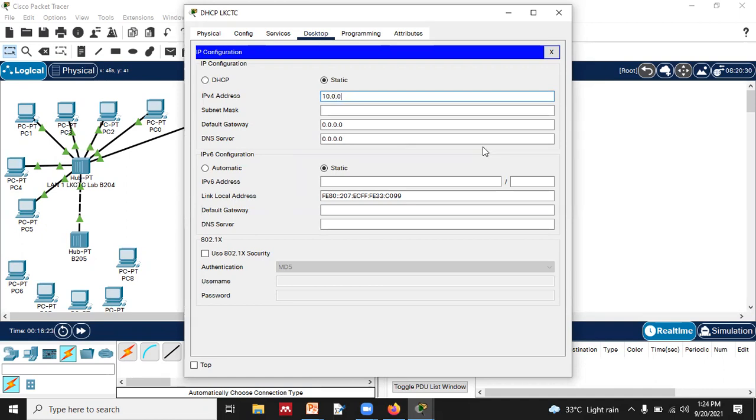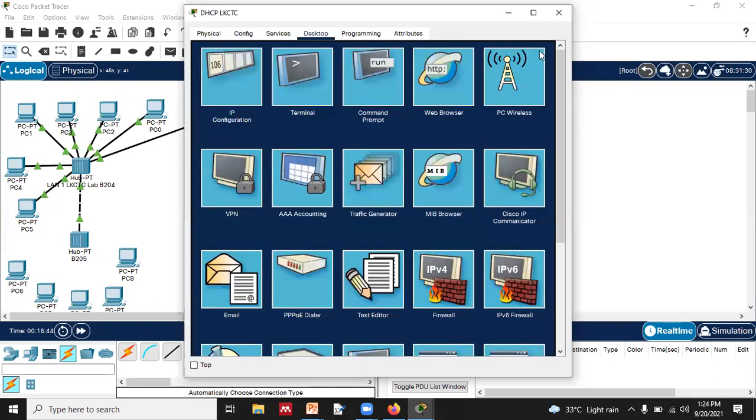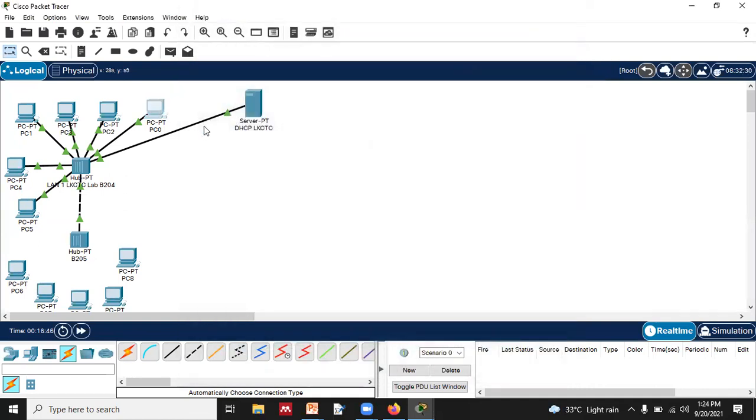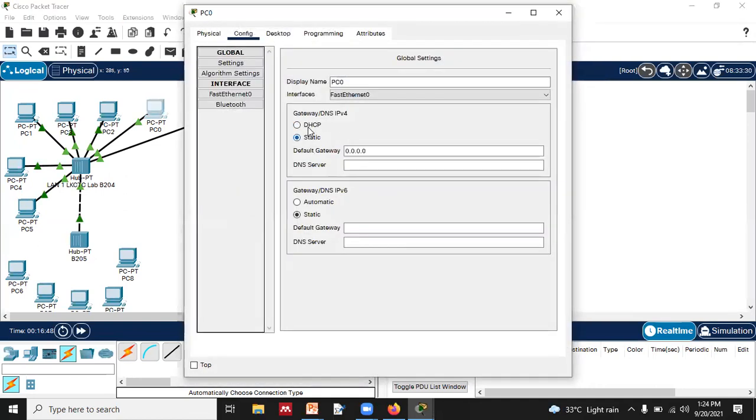So 10.0.0.10, the subnet mask is already allotted, right? So the subnet mask is this one, and the default gateway is 10.0.0.11, right? We are turning it off, and then we will check for this.